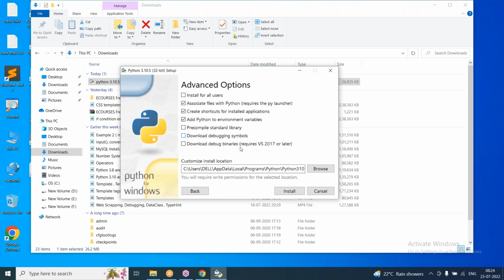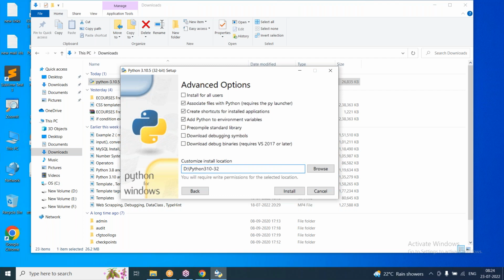Okay, and here when we are working with this, when we give it like this, then Python programs will work from any location. And here you can see the location. So here I'm deleting all these folders. These are not required. I'm deleting all the folders, including the C drive, and here I'll give the D drive. Anywhere you can